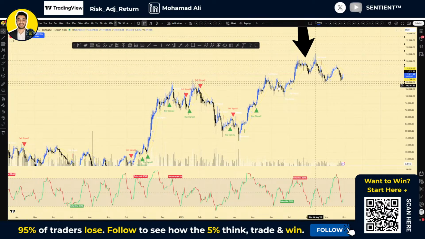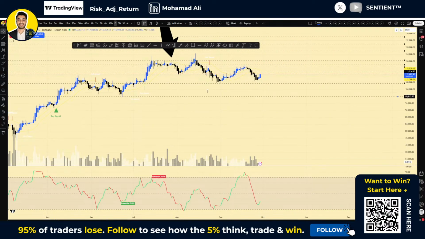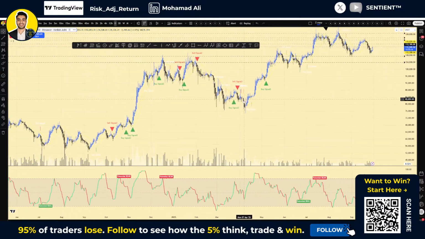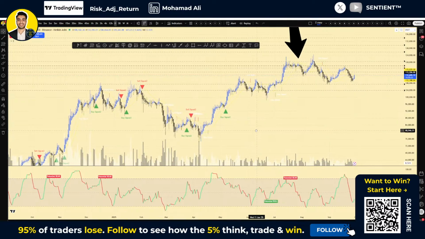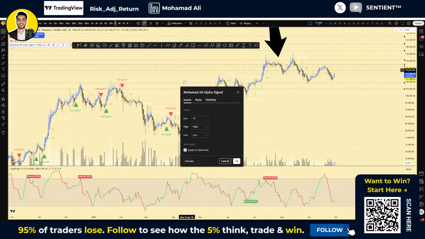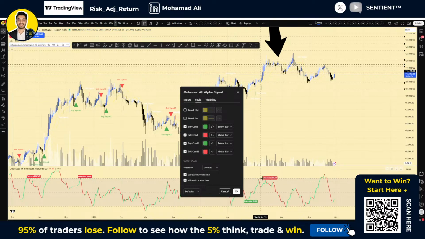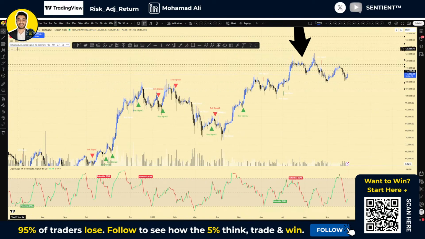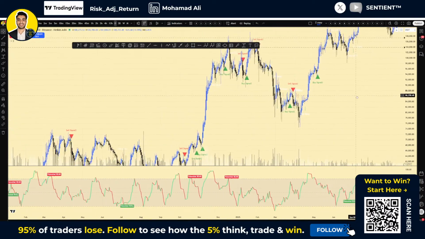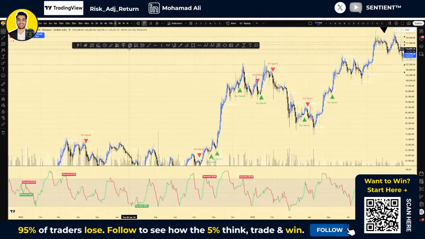So on the alpha signal sites over here, we can see clearly, when we go through it, conflicting signals. Over here is telling us a buy. And first of all, let's go to the alpha signal style, turn off trend highs and lows. So when we see conflicting indicators, as we are seeing over here, this one is telling us sell,